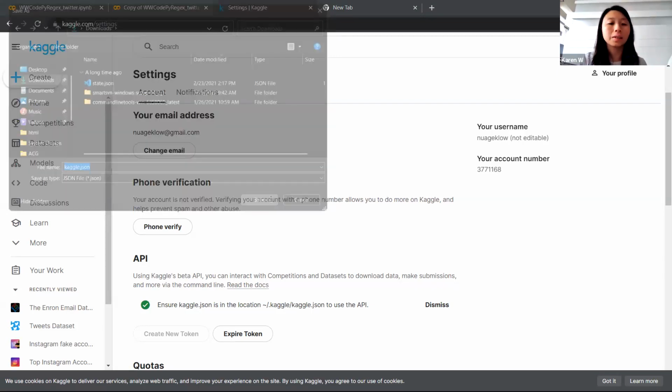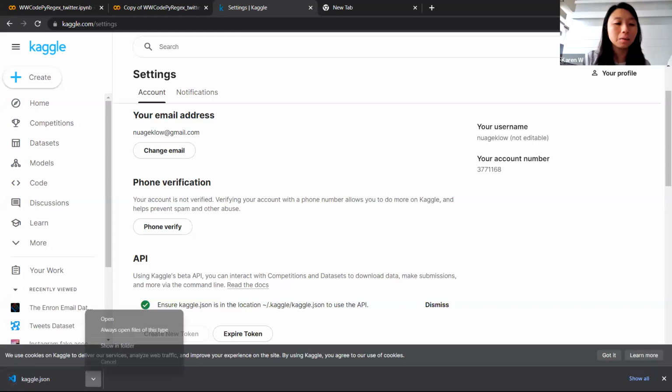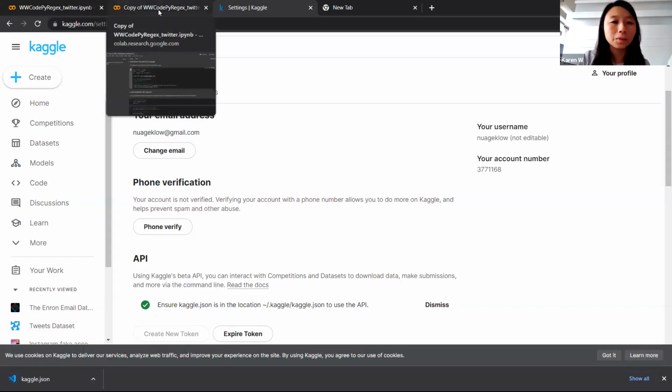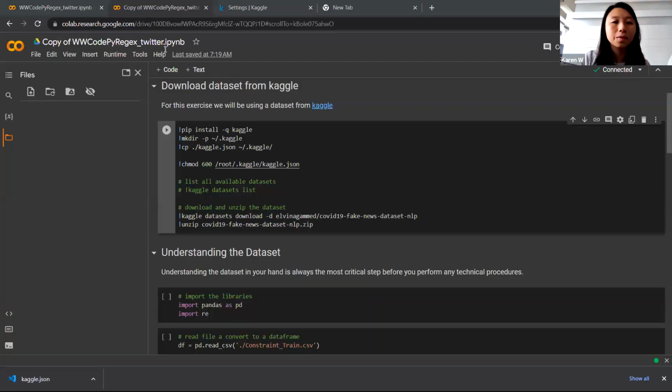Okay, you save it somewhere. I said we're gonna download. So let me show you guys what to do. Once you save your credential, once you save your kaggle.json,